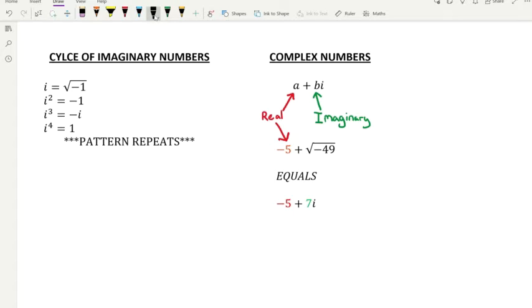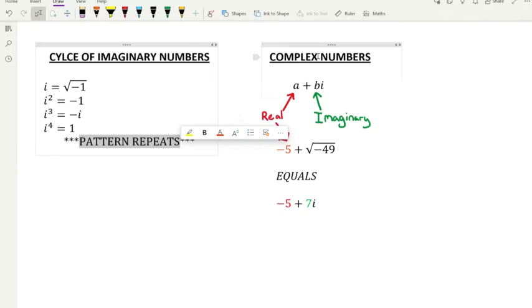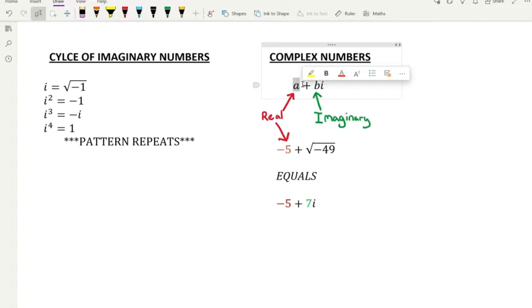Okay, boys and girls, a quick reminder: what we've been looking at this week has been two items, imaginary numbers and complex numbers. A reminder that we looked at the cycles of imaginary numbers. You can look at the previous video just to learn about how the pattern repeats itself and what strategy to follow. With complex numbers, what we have is actually a real part, as we can see, a real number,